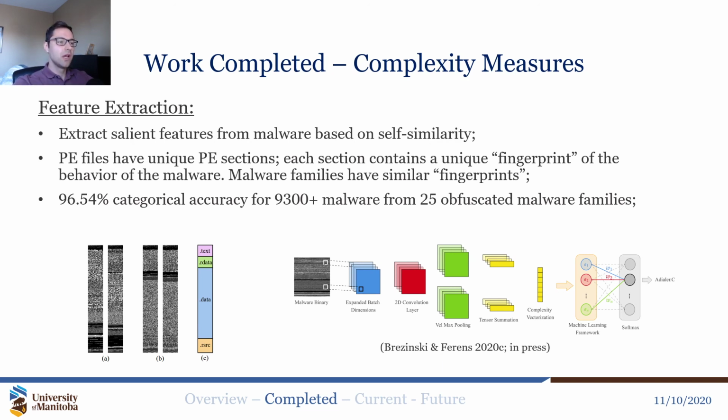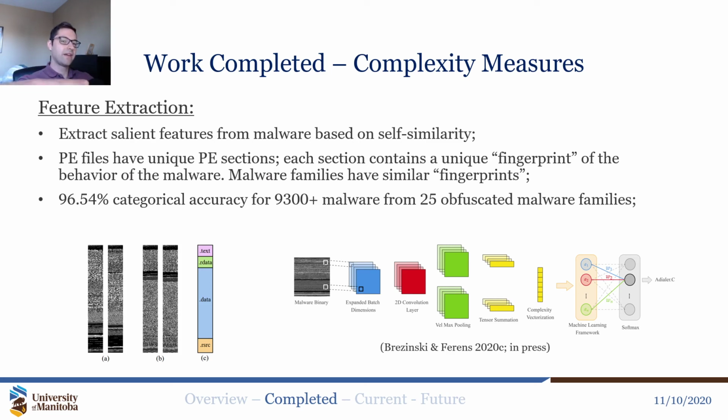So what we did was work on a sample data set of 9,300 malware samples, sourced from 25 obfuscated malware families. So 9,300 total samples, 25 separate families. We developed a complexity-based model that incorporated complexity built into a convolutional neural network, with the most significant novelty of our work being the introduction of a vel max pooling layer, which actually performs box counting